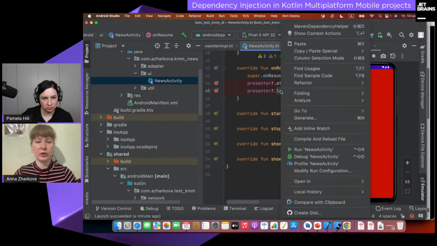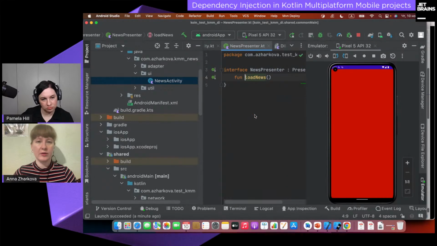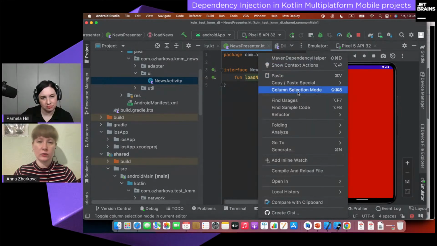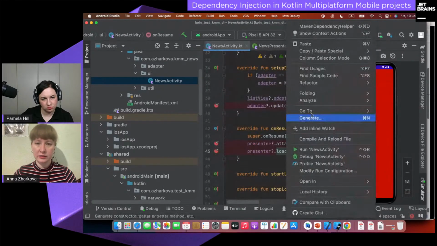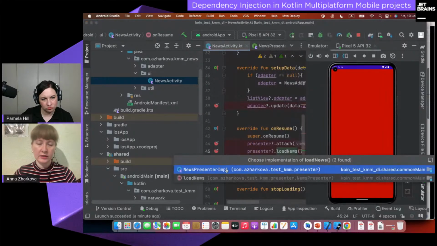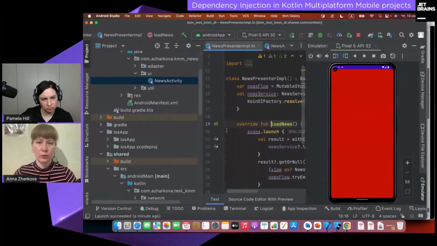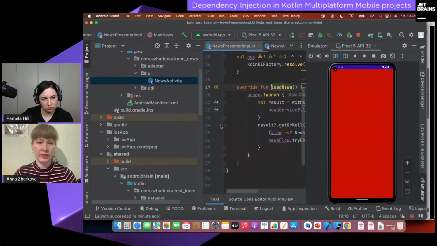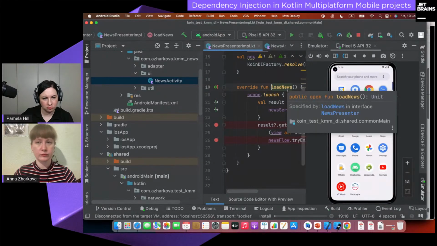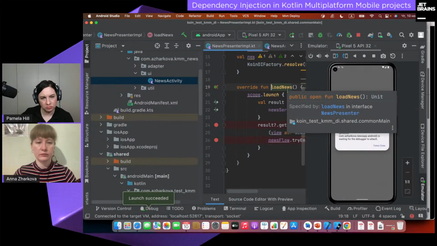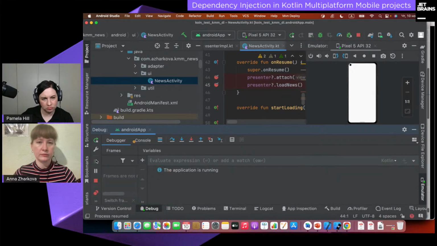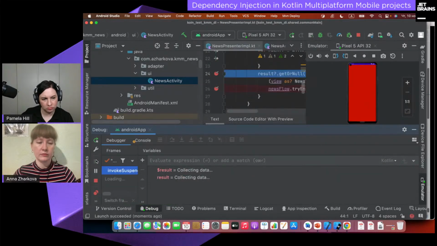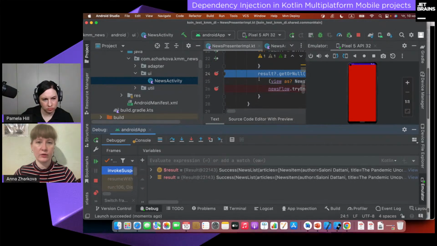Something is lost at this moment. So there is too much sugar, I think so. So let's take a look here again and test this. So on this point, we have our new service and our result. So let's check what happened with our API. And we have our result